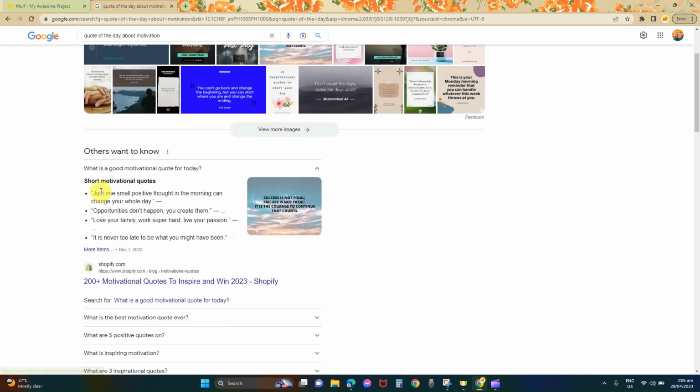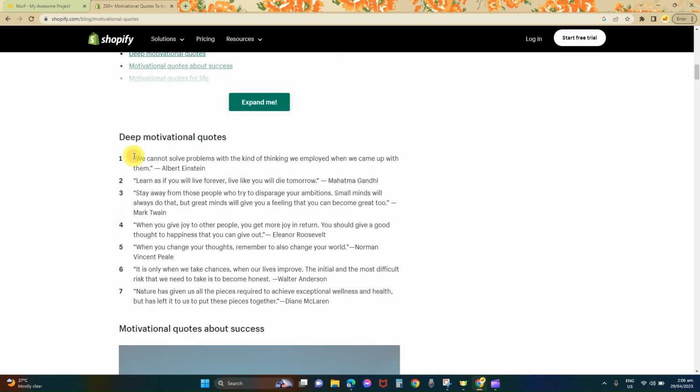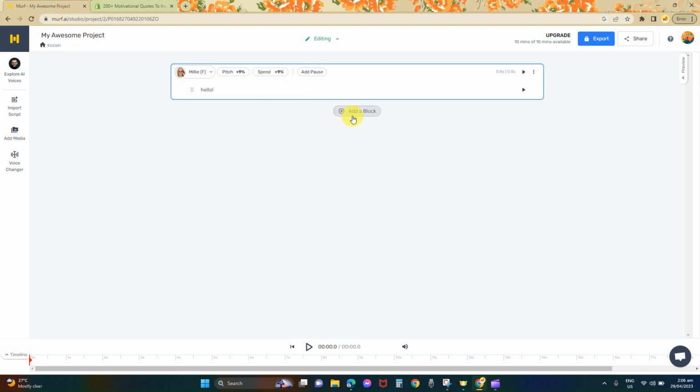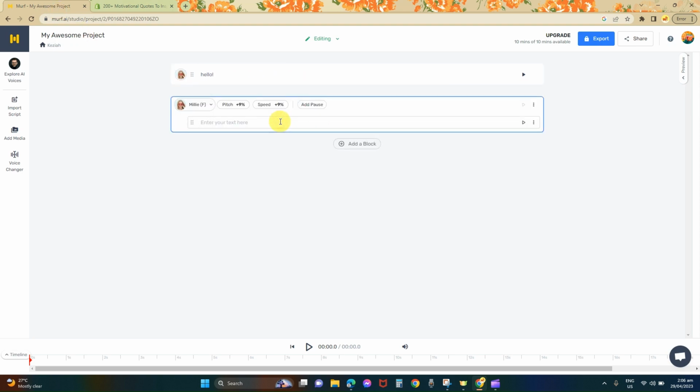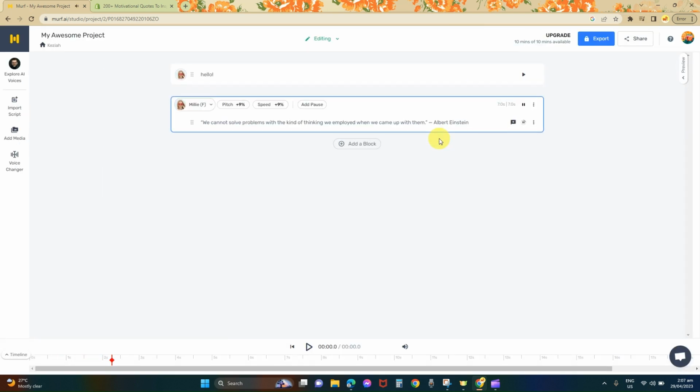So here, let's try to look for a quote, and then we will use that quote so that the AI voice will be able to narrate that to us, to see how we will be able to distinguish whether it is suitable for this quote as well, so we can make any changes later on. So here I just click on generate,